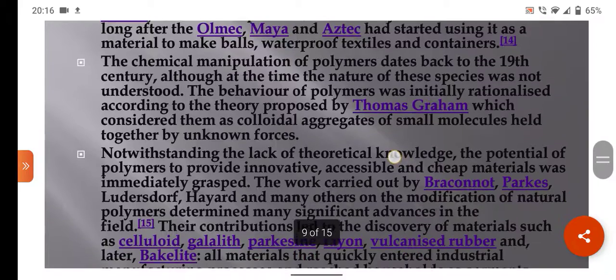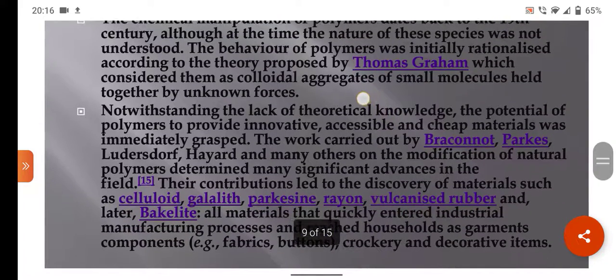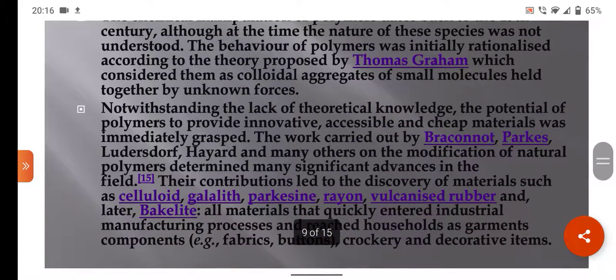Their contributions led to the discovery of materials such as galalith, parkisin, rayon, vulcanized rubber, and